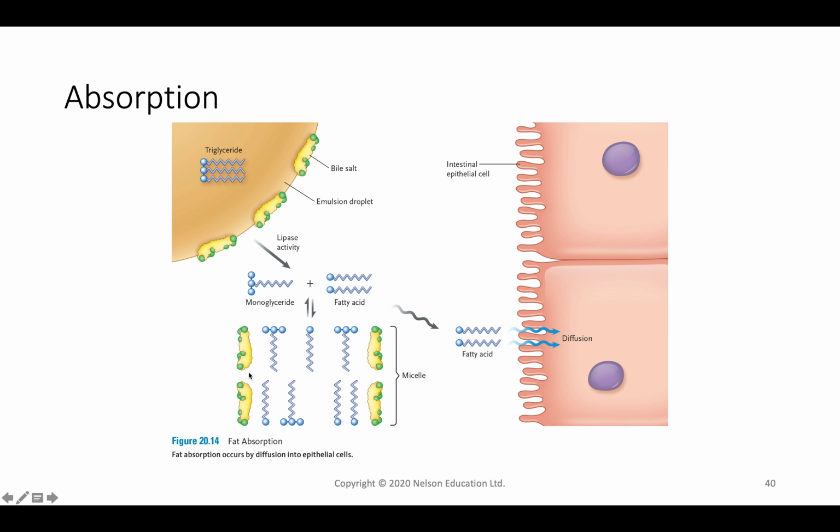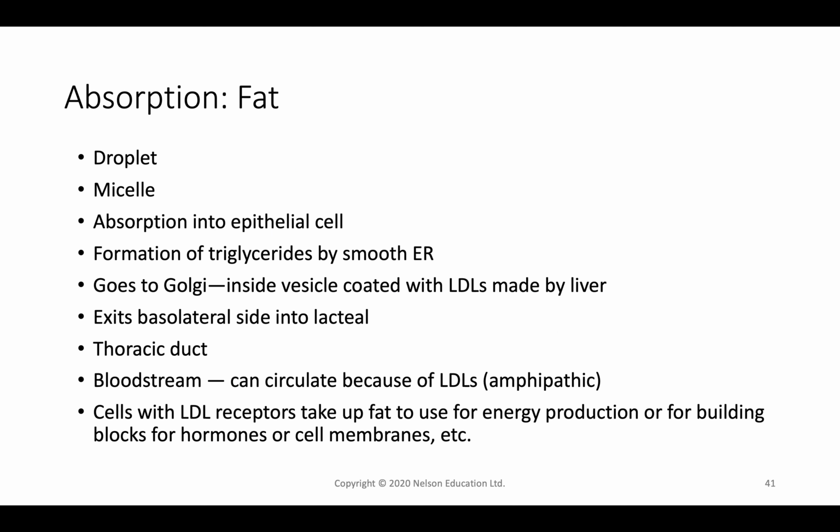This is going to be here, a micelle here. Going to help us transport fatty acids directly across the epithelial cell of the intestinal lining. However, it's still not going to be able to go directly into the blood supply. Why not? Because the blood supply is water soluble and these guys are fat soluble. Okay, so in order to absorb that fat, again, we're going to break it down into a droplet or a micelle, absorb it across the epithelial cell,